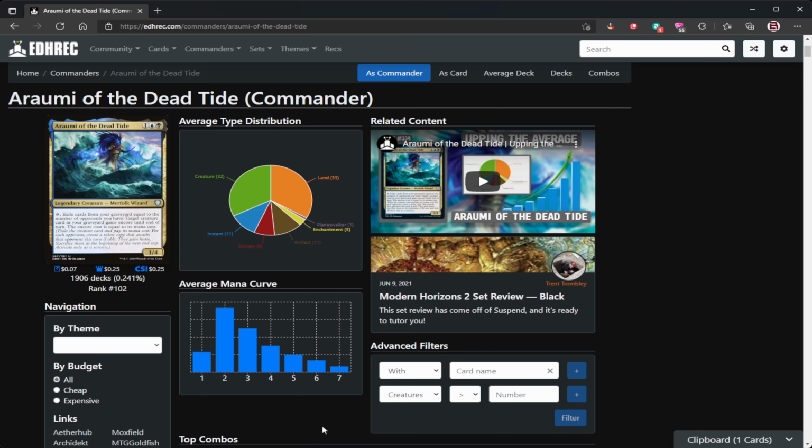Araumi of the Dead Tide is a legendary creature, merfolk wizard, with a really cool effect, which also came out in Commander Legends. Again, a set that I've talked about on this channel that had a lot of commanders that are just forgotten about. So this commander has a very unique effect where creatures in the graveyard gain Encore, but to get that you have to exile